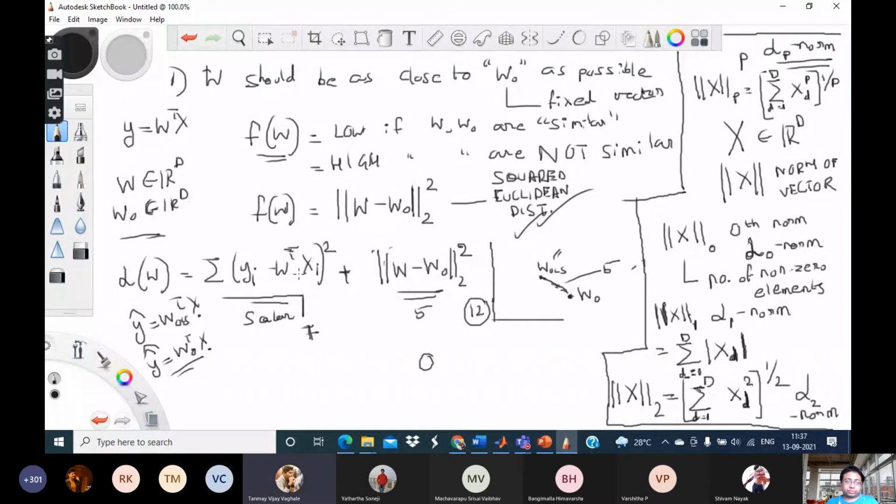Sir, W naught. How do you know that? Because we got WOLS by gradient descent, and this is a convex function, so WOLS will be by default the minimum. So we did not get WOLS by gradient descent, did we? We actually showed how to get WOLS through the formula which I was writing. So yes, you can get it through gradient descent also.